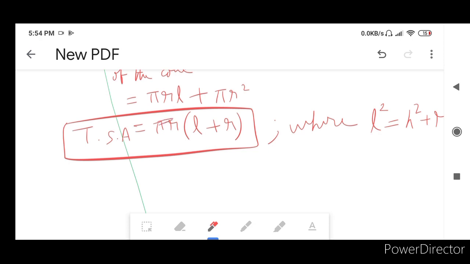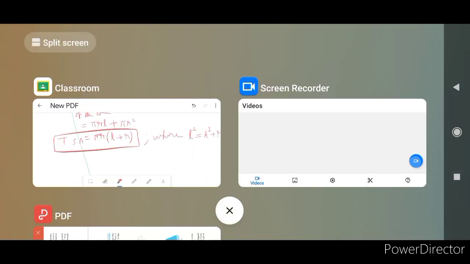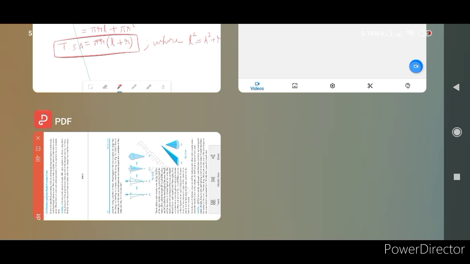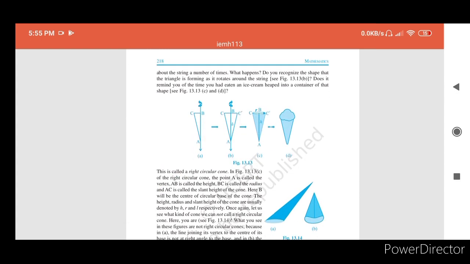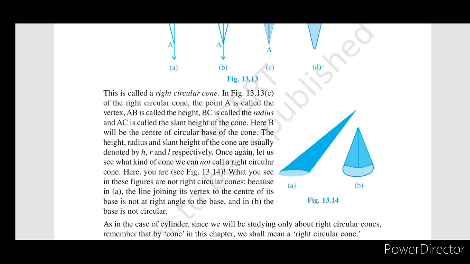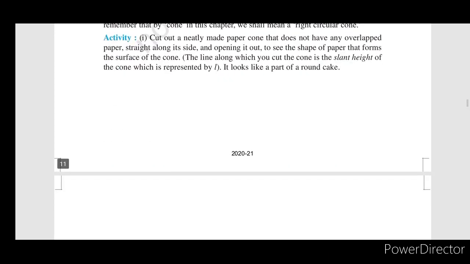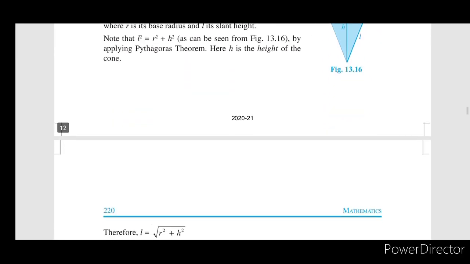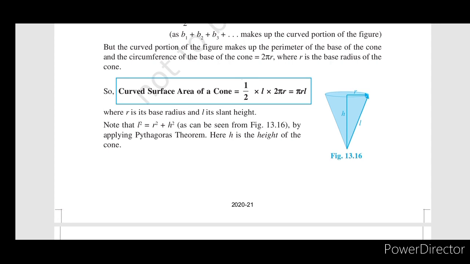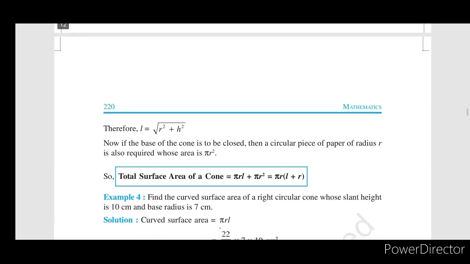Okay, now let us try to solve some more questions based on this. So let us start. The first question is, okay, let me open the book first. So this is our NCERT book. I have downloaded the NCERT PDF from the site, so I will be giving you the link. I will be providing you the link on how to download. You can click on that link and download the NCERT book from there also.